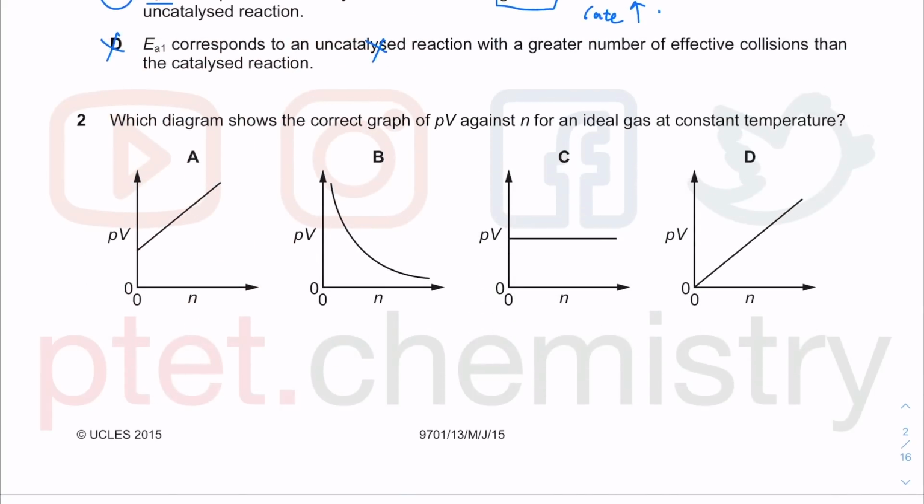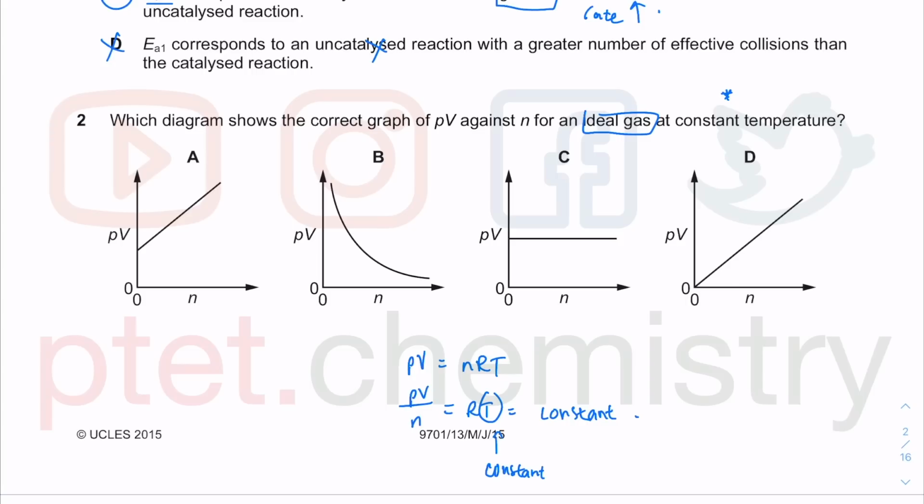Question 2, we're looking at an ideal gas. We have a PV graph against n. We know that PV equals nRT. So if we have PV against n, this is equal to RT. And if temperature is constant, according to the question, this must be equal to a constant. But we also know that PV equals constant. So PV equals constant, and